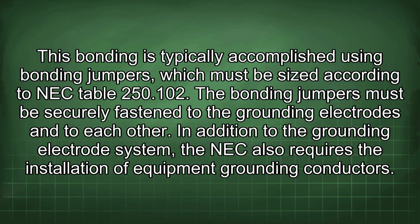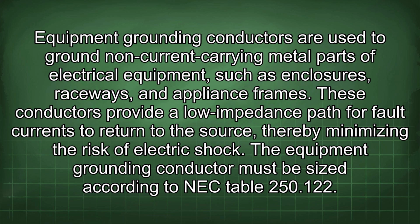In addition to the grounding electrode system, the NEC also requires the installation of equipment grounding conductors. Equipment grounding conductors are used to ground non-current carrying metal parts of electrical equipment such as enclosures, raceways, and appliance frames. These conductors provide a low impedance path for fault currents to return to the source, thereby minimizing the risk